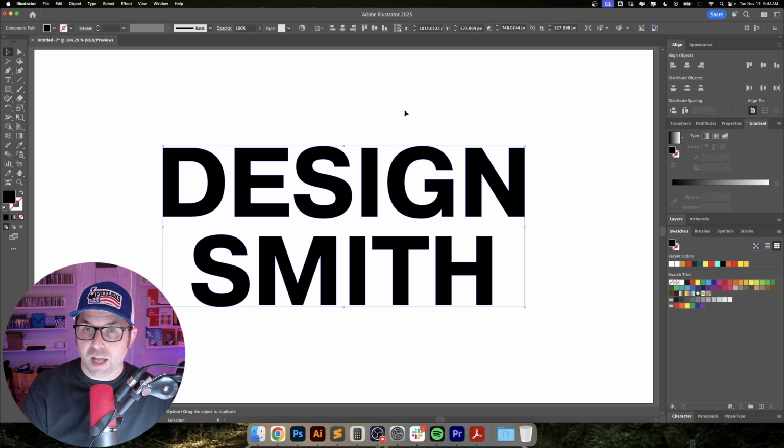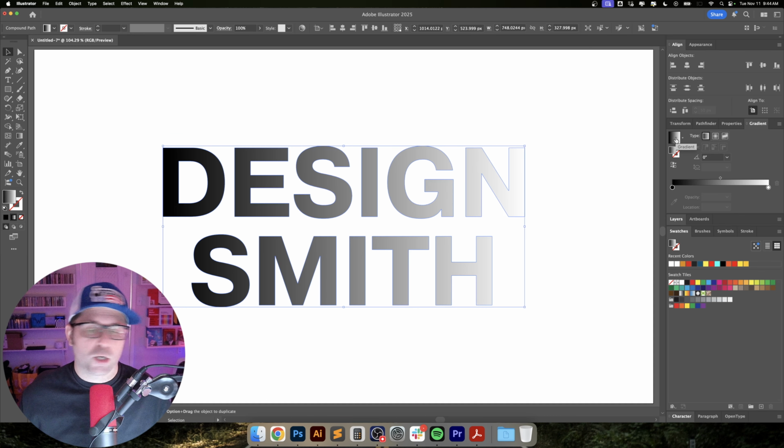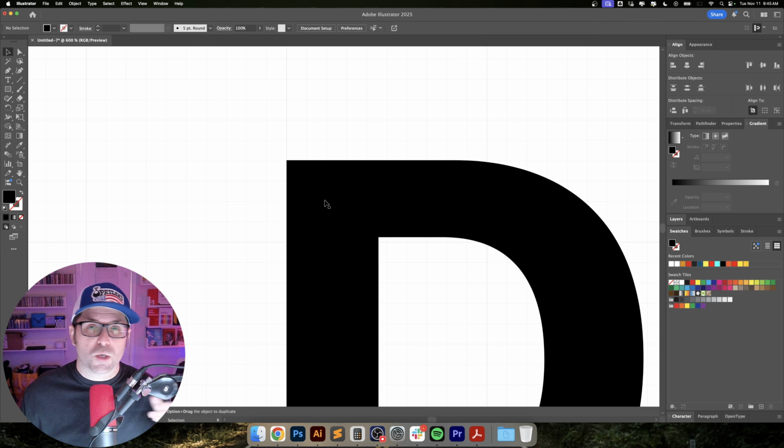So now we go back over here to our gradient panel, click on our gradient to activate it, and as you can see, now everything is continuous from the left going over to the right, and it's not being broken up into individual letters. All right, next up, your objects are snapping in weird spots, and the most common cause